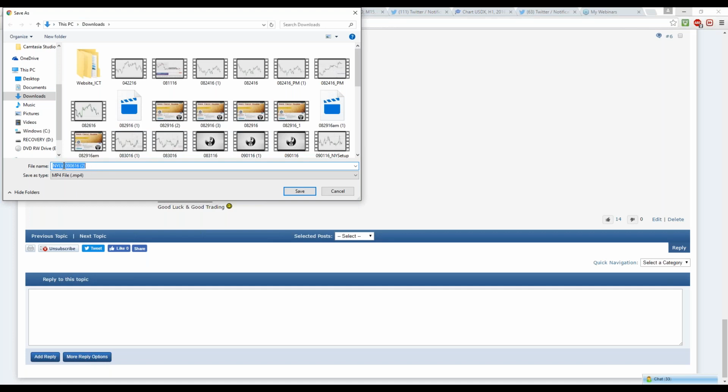Like this is a directory name for that file, and I would be doing 2 copies of it if I downloaded it. I'm not going to do it, but you click save and it downloads it, and then boom, you have it right on your hard drive. You're not watching it streaming online. You're going to watch it right from your PC, and you can see everything crystal clear, high definition, no buffering, none of that stuff. It'll be right in your library, and that's what you want to do.